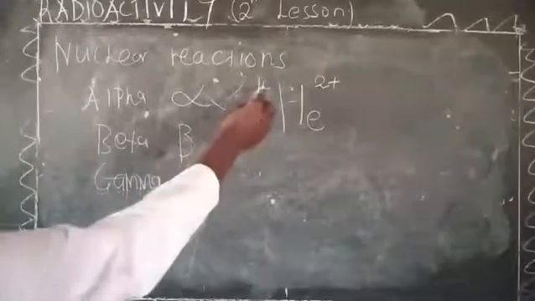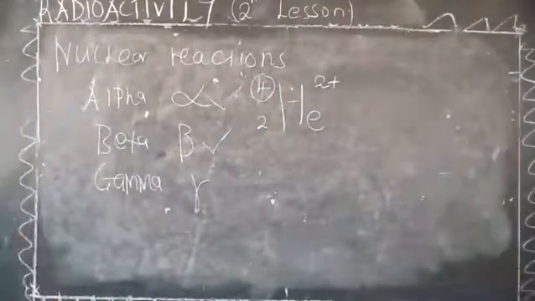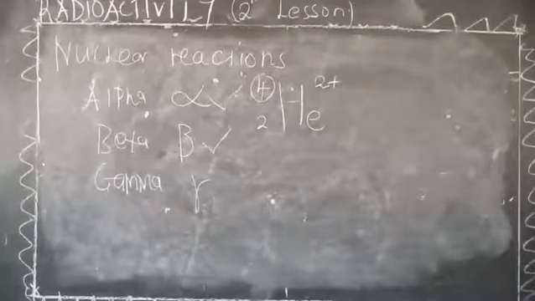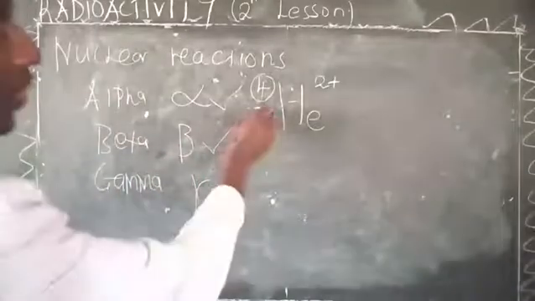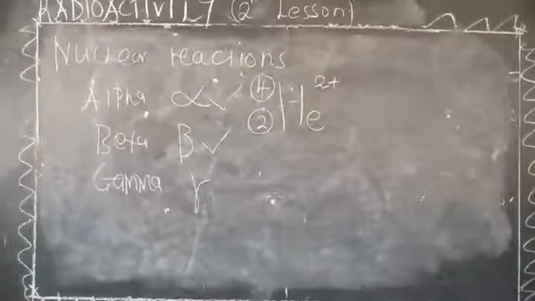So the mass number will decrease by this 4, while the atomic number of the original or the parent nuclide decreases by this figure, which is 2, like we are going to see in the following example,